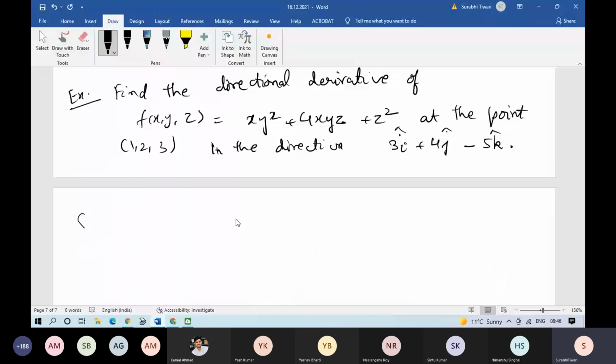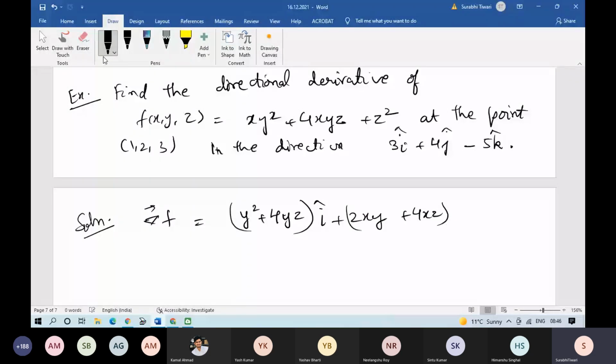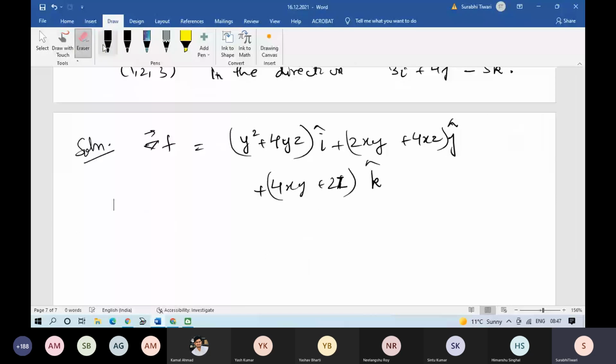So the gradient of the function, this is equal to (y square plus 4yz) i, जो फंक्शन गिवन है उससे निकाल लो, प्लस (2xy प्लस 4xz) j प्लस (4xy प्लस 2z) k, यही है। एट द पॉइंट 1 2 3 निकाल लो। So gradient of f at 1 2 3, this is equal to 28i plus 16j plus 14k। xyz की वैल्यू 1 2 3 रख दी।